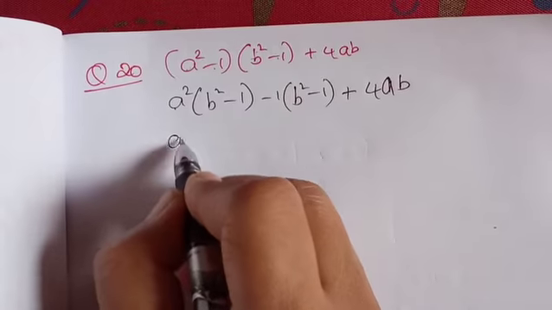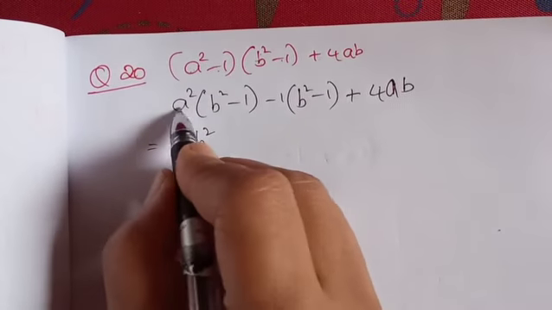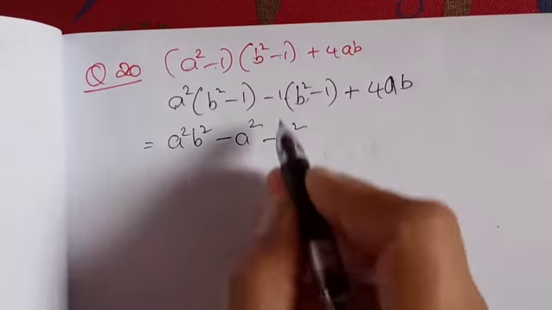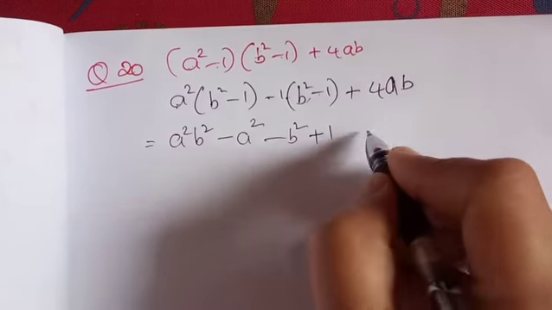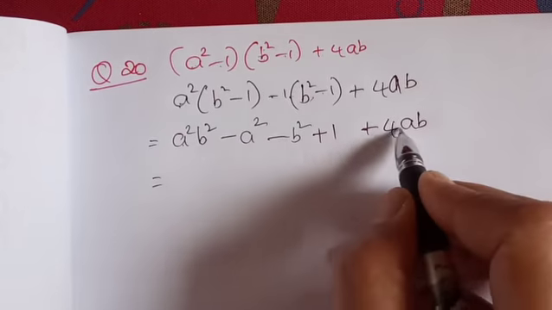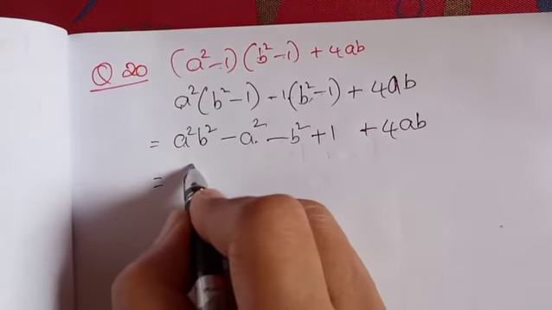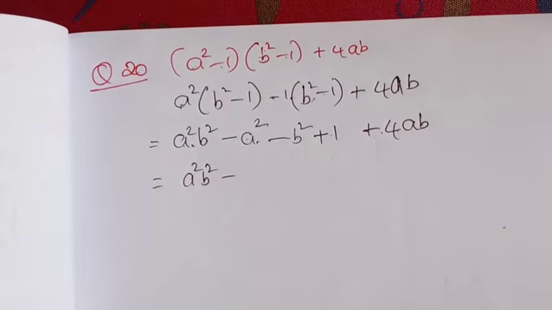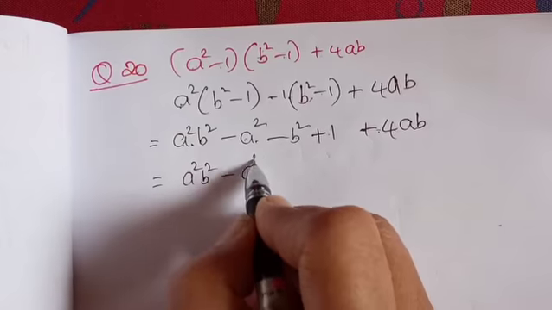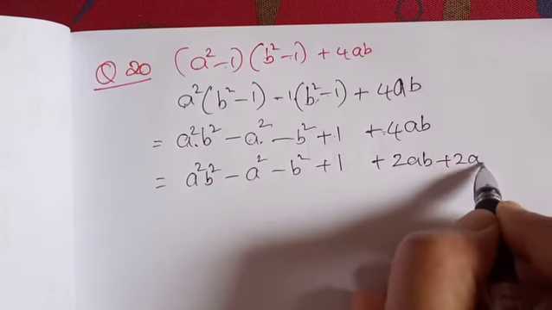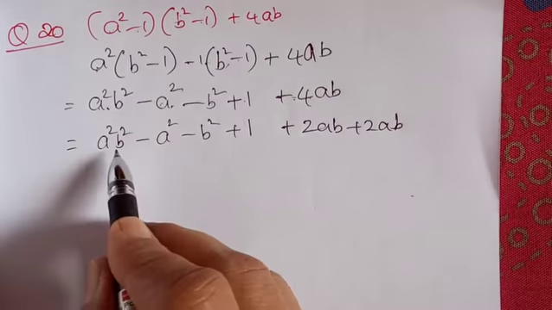A square into b square, a square into minus 1 is minus a square, 1 into b square is minus b square, minus 1 into minus 1 is plus 1, plus 4ab. Okay, children, so now a square b square, 4ab, a square b square, we can convert them into 1, 2, 3, 4, 5 terms. We will convert into 6 terms, then we will factorize 3 terms. So here a square b square plus 1 plus 2ab plus 2ab we can write, because we need